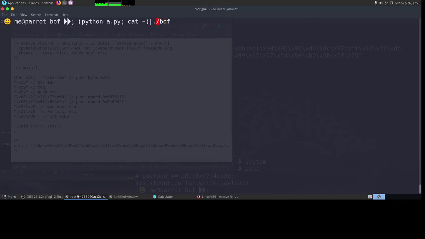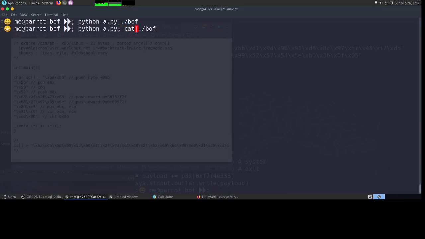Now if I pass this, I can see that nothing happens, and this is expected because even if a shell is opened, the stdin and stdout for BOF are closed as soon as the python a.py or BOF execution is completed.